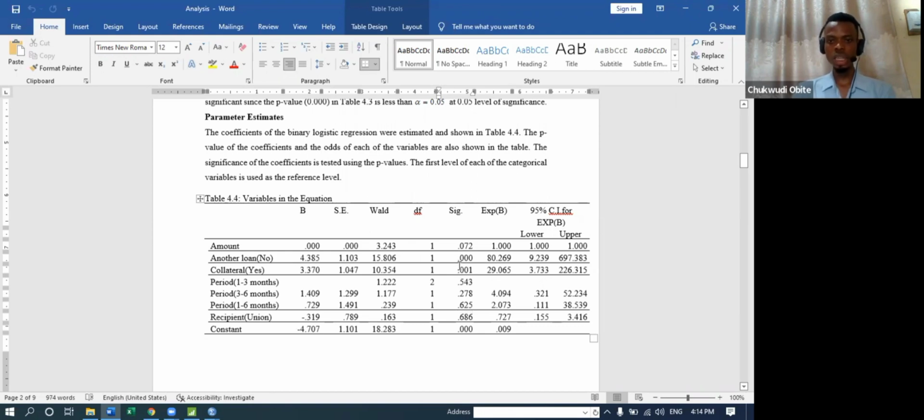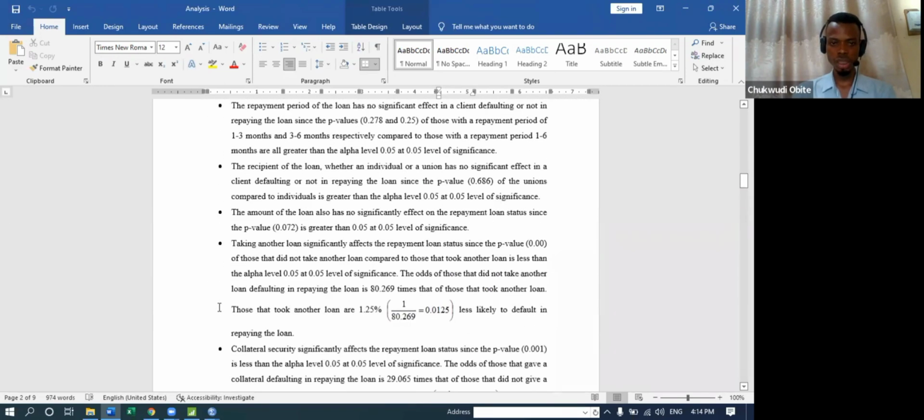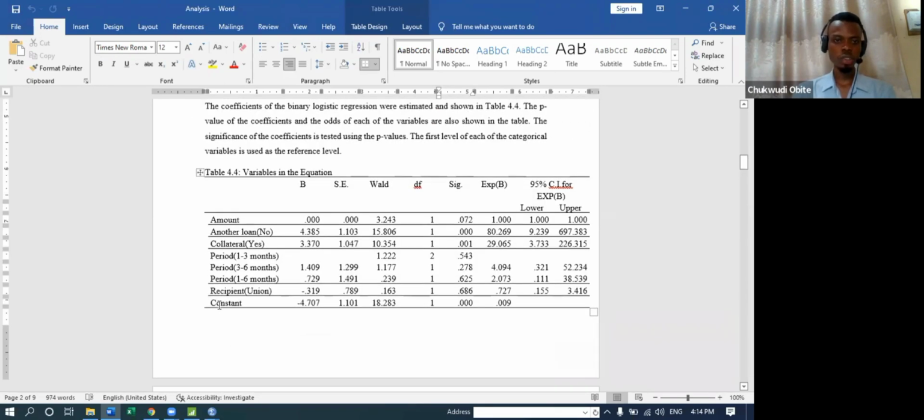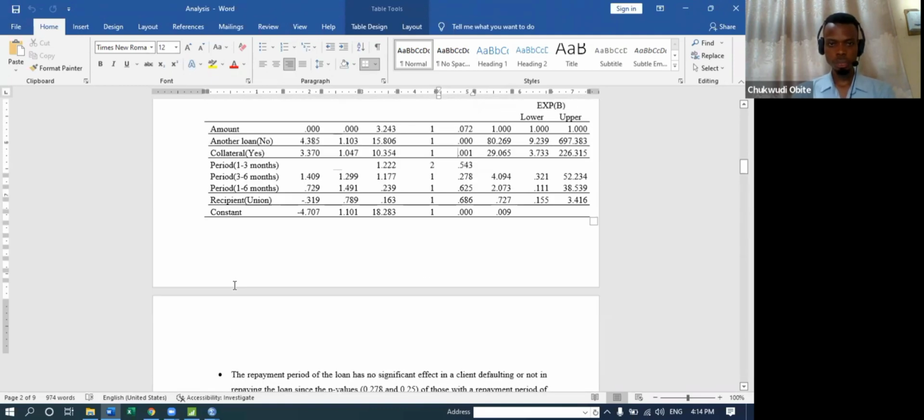Now, how do we interpret them? Very important. I use bullet points in this work so that I take each of the variables and use the bullet point to explain them. So the first,